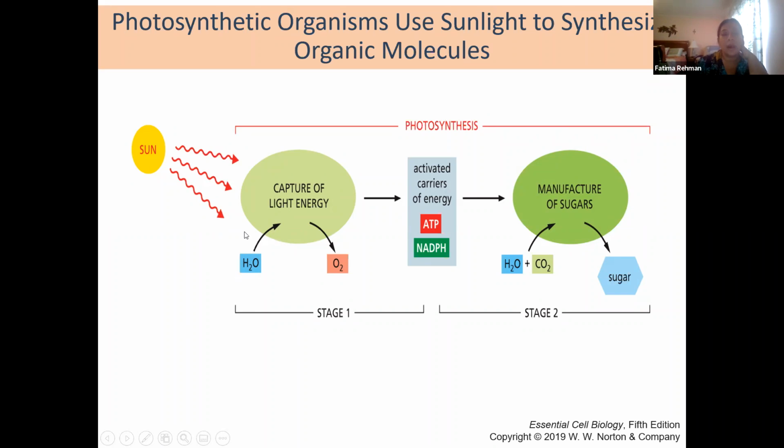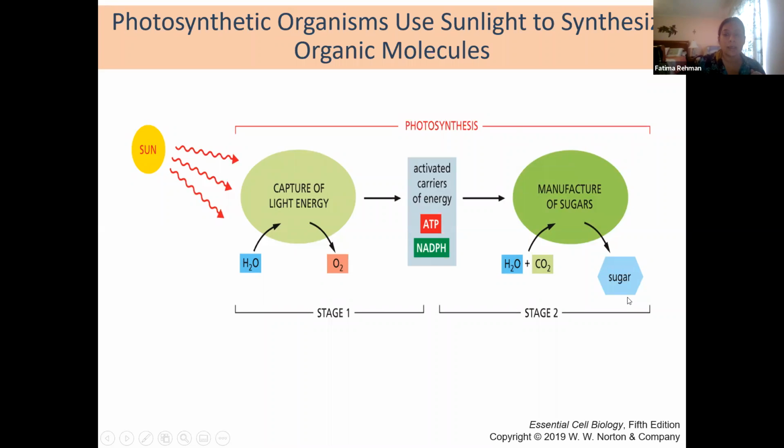And then we are taking in water that is broken down to make the molecules that we need. In the process, as these bonds are broken down, you're releasing oxygen, and then you are creating activated molecules of ATP and NADPH that can then take that extra energy to manufacture bonds to create your glucose molecules